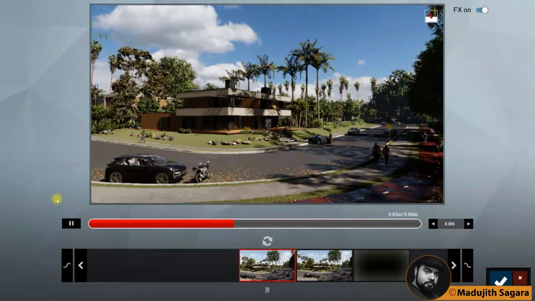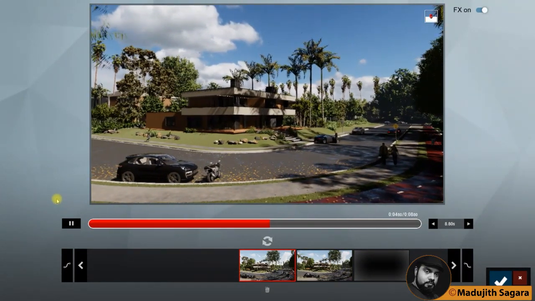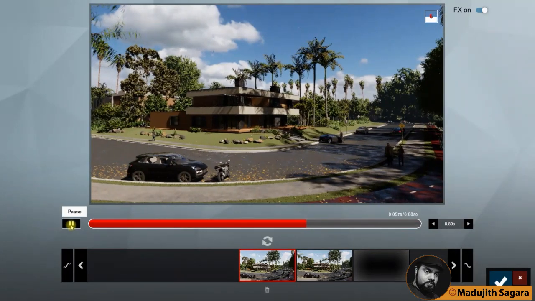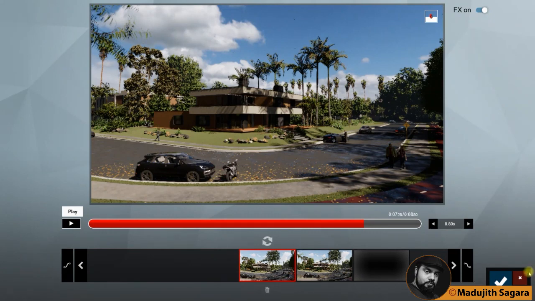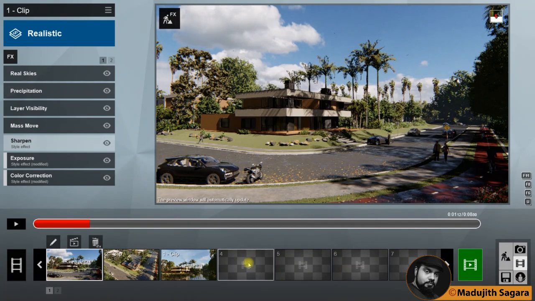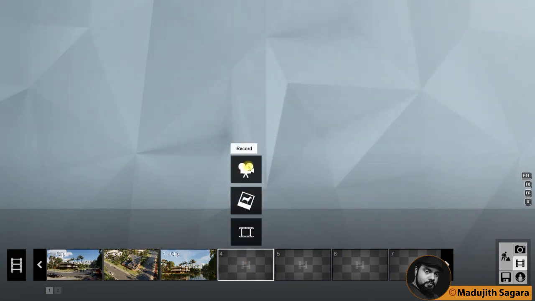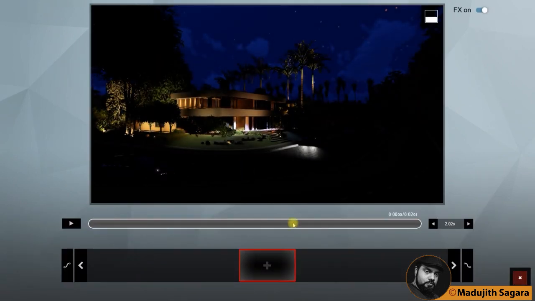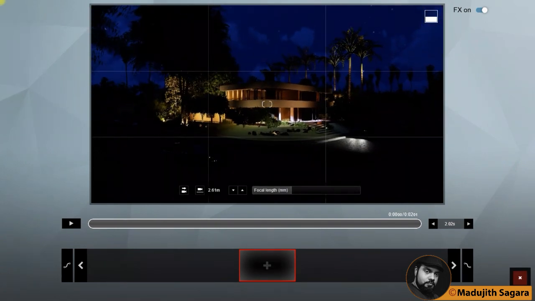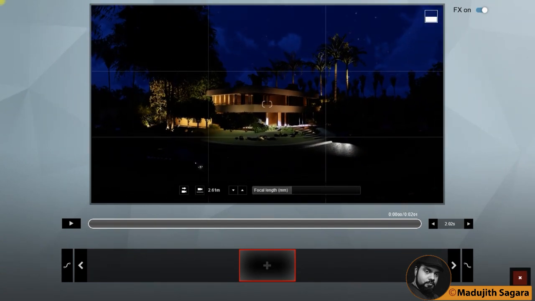Okay. Now this is for a pre-prepared movie. Then I will tell you the way of preparing your own movie. For that I will pause this one, and I have to go to the movie maker. Then I will click on this and I have to go to the record. Now it is okay. Think that I'm going to prepare a movie based on this scenery, this night effect.